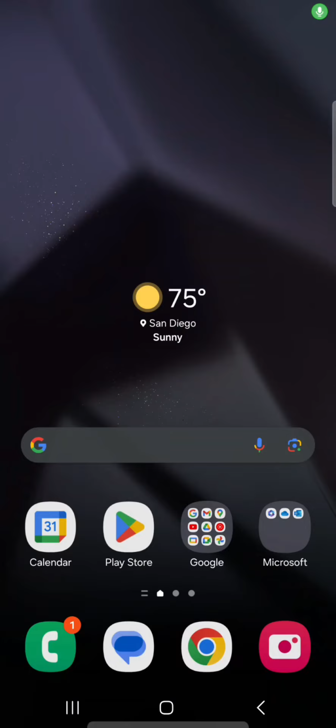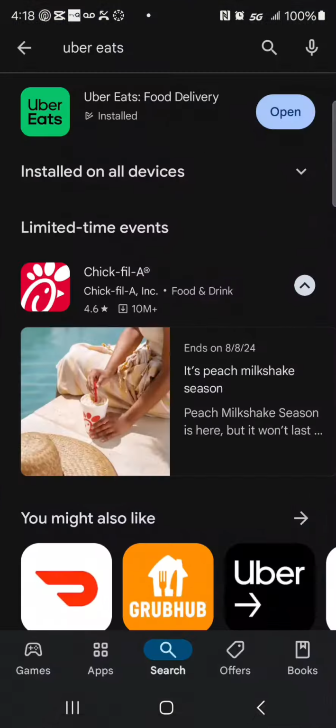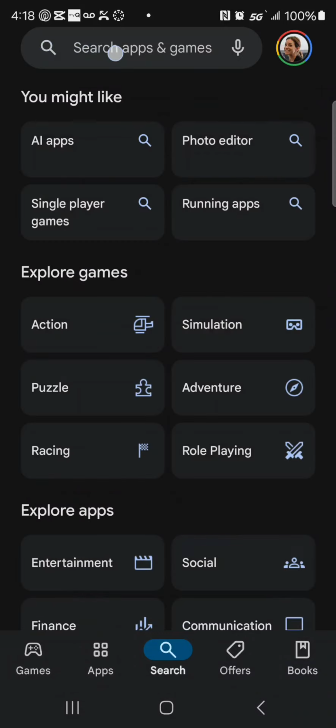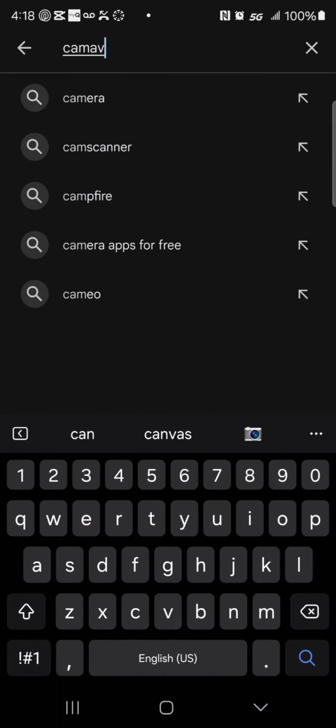video, I want to show you how to download and set up the Canvas for Students app for San Diego Mesa College. Okay, so what we're going to do, I'm on an Android, so I'm going to search for Canvas